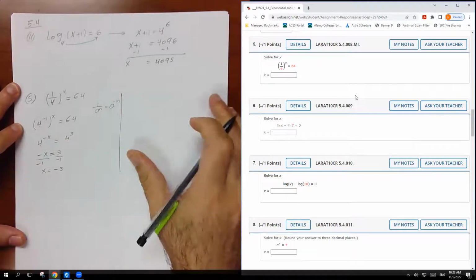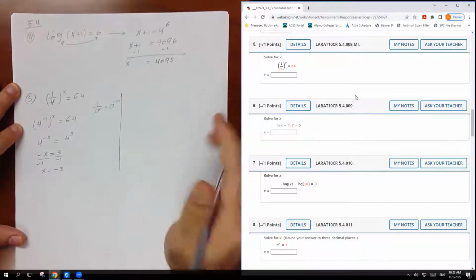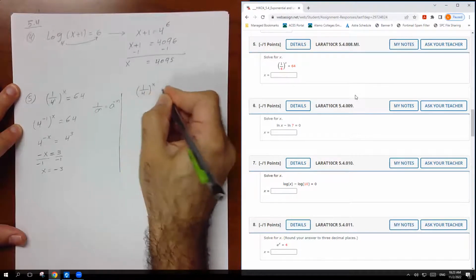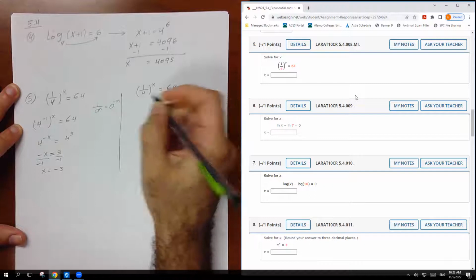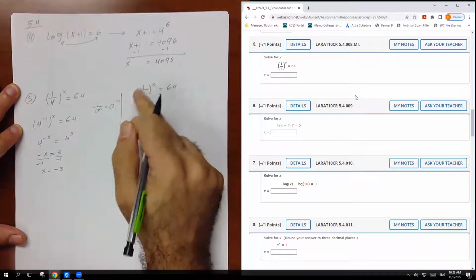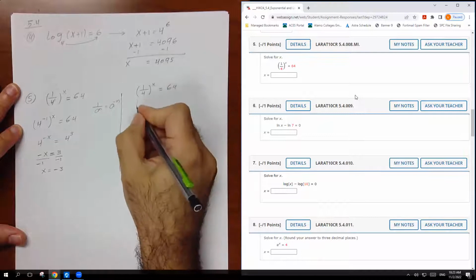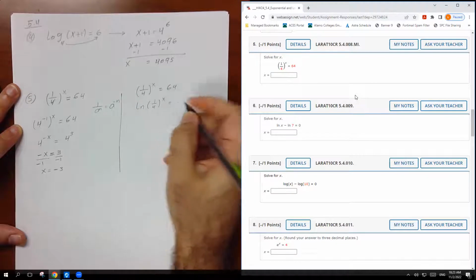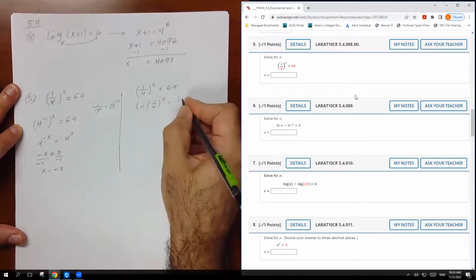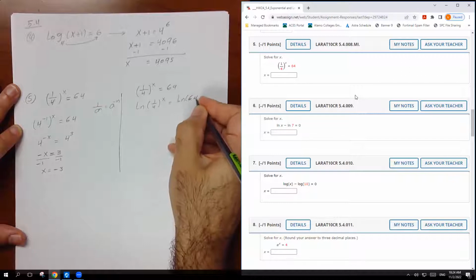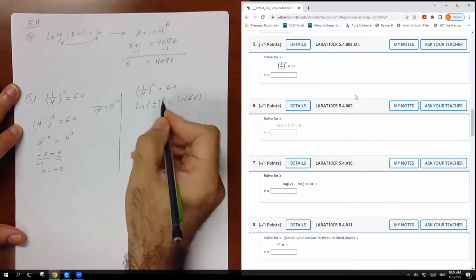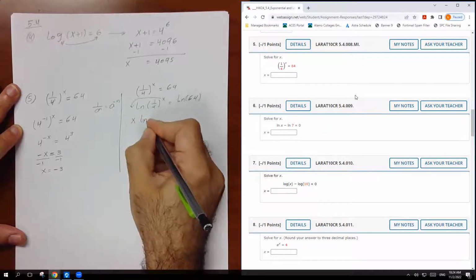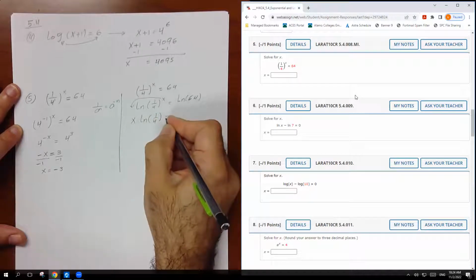Now if you want to solve it by using the natural log, we're going to do the same example. What I'm going to do, I'm going to take the ln of both sides. This is x, this is y. That's me ln to the x here, which is this x, equals ln of 64. Then by using the power property, I can move the exponent here. So it's going to be x ln of 1 over 4 equals ln